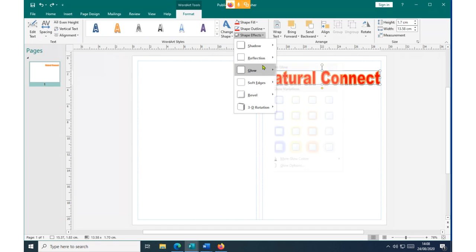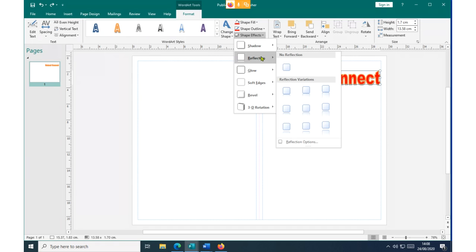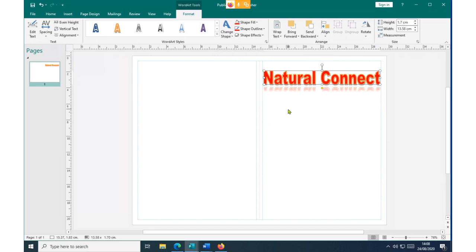But normally, we concentrate on the reflection and the shadow. To pick the reflection, you simply click on any of these reflections, and indeed you can see there is a reflection of this particular word. But again, we normally say that for word art, don't apply a lot of formatting to it. It's important to leave it very clear because you are communicating.